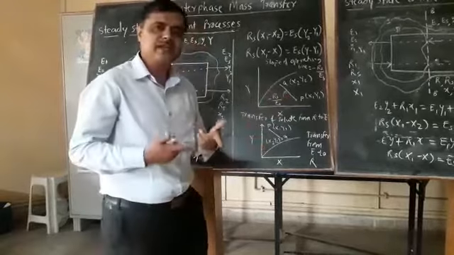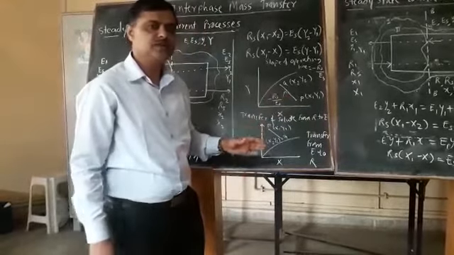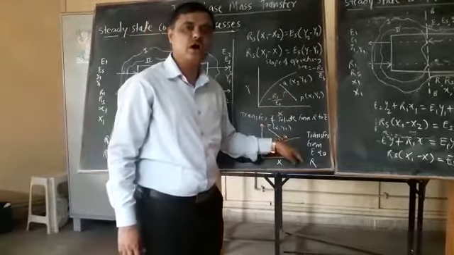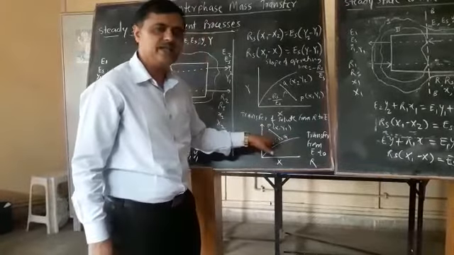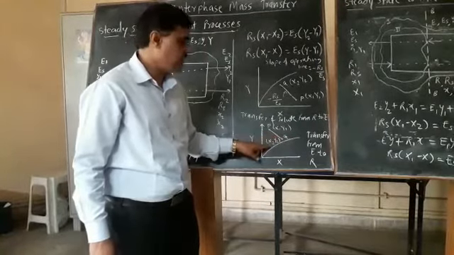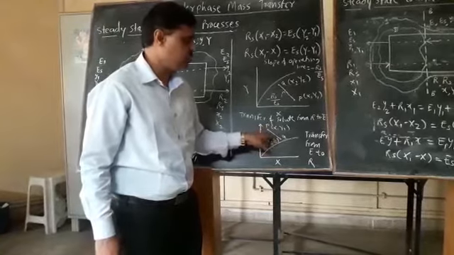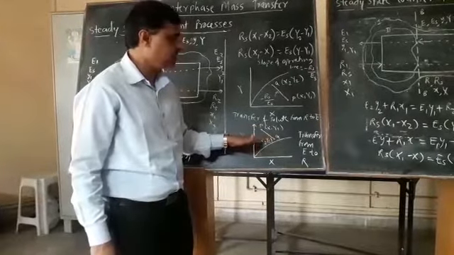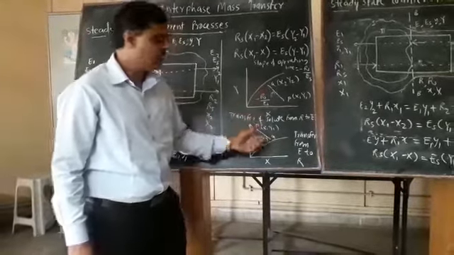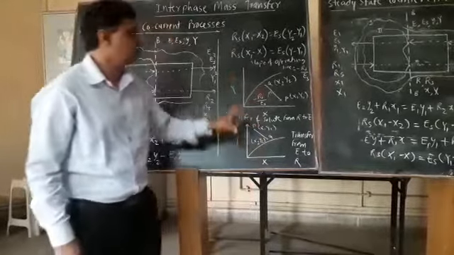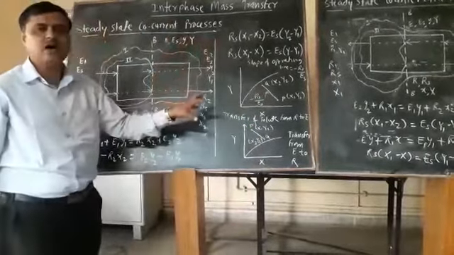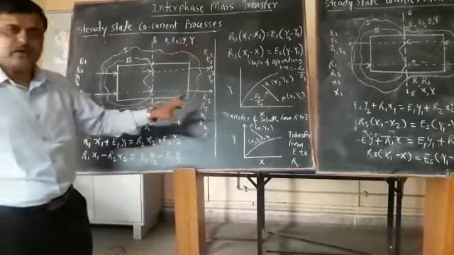Suppose you take the reverse. If the solute is getting transferred from E phase to R phase, then you will get the operating line above the equilibrium curve. This is the PQ line with the same slope, minus Rs upon Es, but above the equilibrium curve. This is about the material balance and the nature of X and Y.